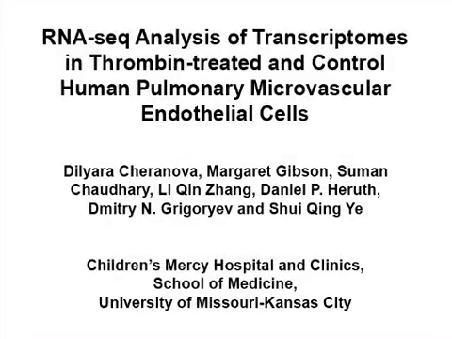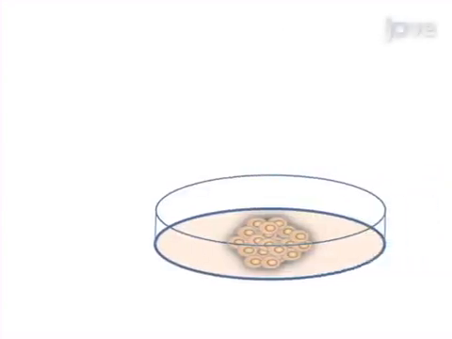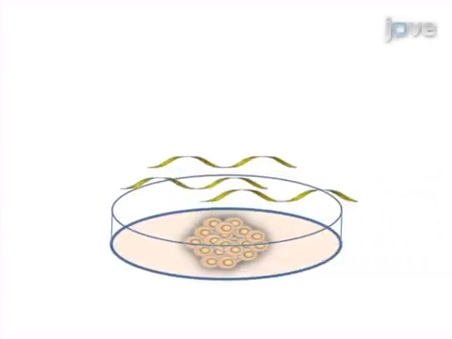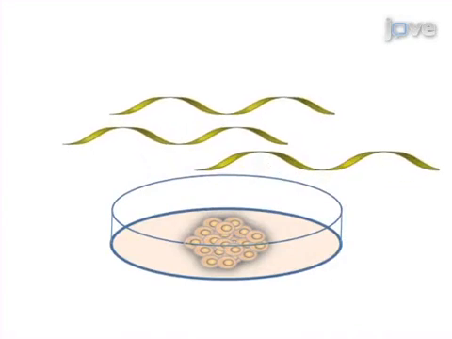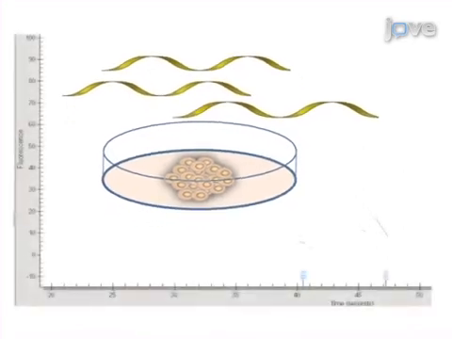The overall goal of this procedure is to present a complete and detailed process to apply RNA-seq, a powerful next-generation DNA sequencing technology, to profile transcriptomes. This is accomplished by first isolating total RNA from human pulmonary microvascular endothelial cells with or without thrombin treatment and